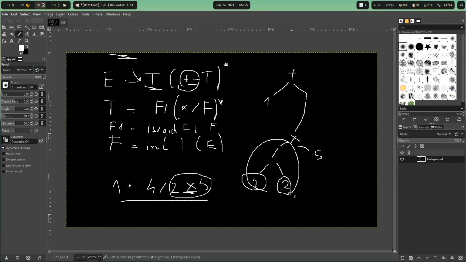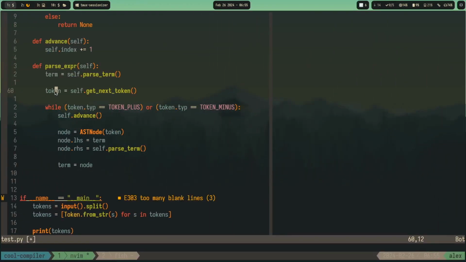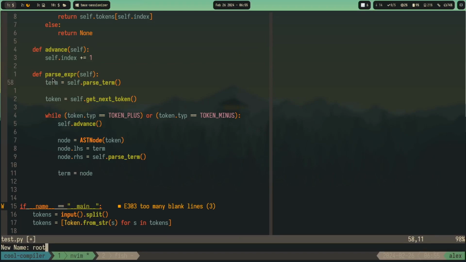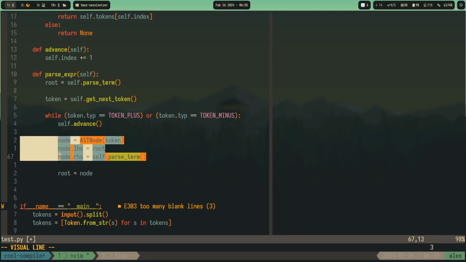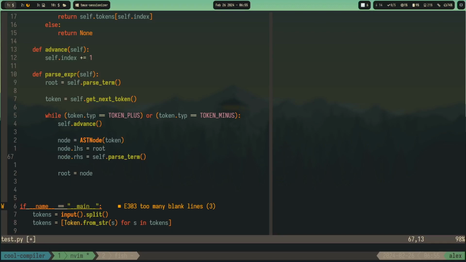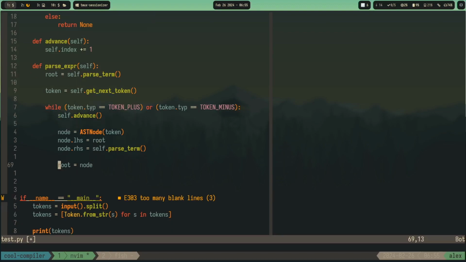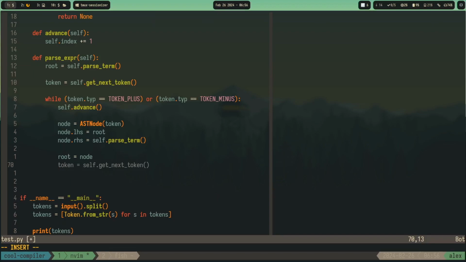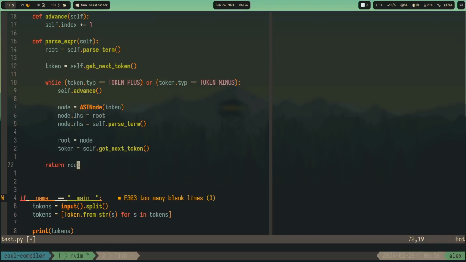Now this is the actual term, it's no longer 4, right? So when we put the left hand side of x, it's gonna be this entire thing. So maybe a better name for this one is root. This is the root node. And here when we create a new node, we set the left hand side of this node as the root and the right hand side as a term that we parse, and then we set the root to be this node, so we shift everything onto the left hand side of the root in some way. And yeah, we need the next token, and sure, fair enough, we return